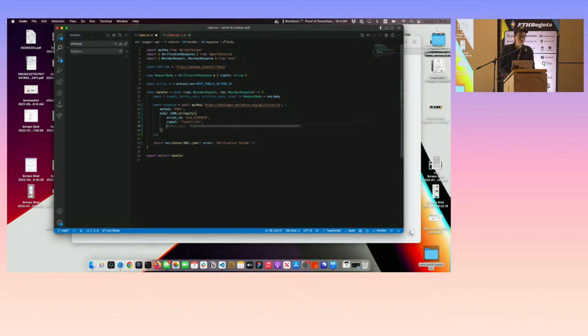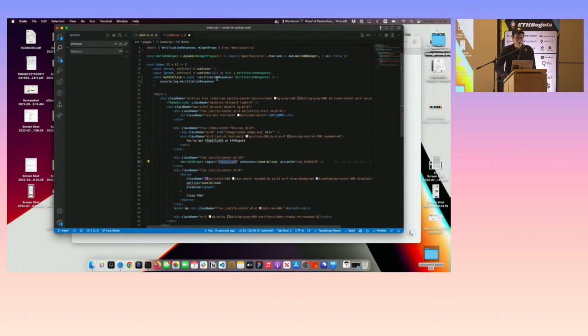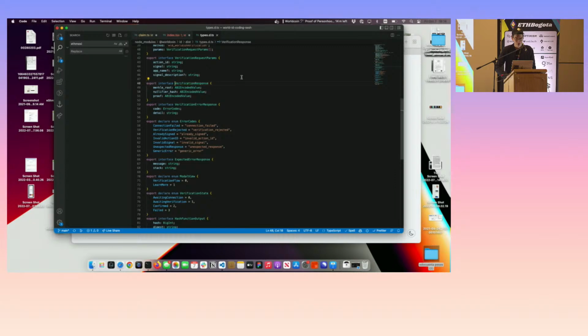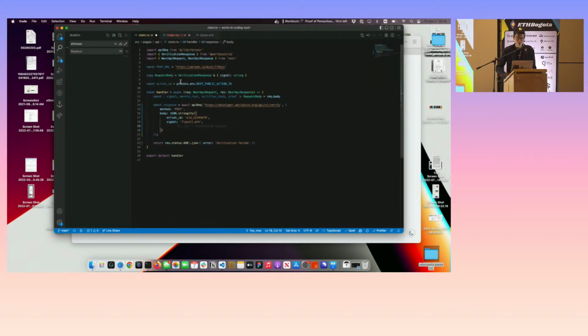And then the other three params are what comes from the response on the widget. If you see this verification response object, it actually has these three parameters: Merkle root, nullifier hash, and proof. Those are the additional three params that you need to send out. I'm just going to do it like this. And then if the response is successful, 200 code, you know the proof is valid. If the same person tries to verify again, then you'll get an error,